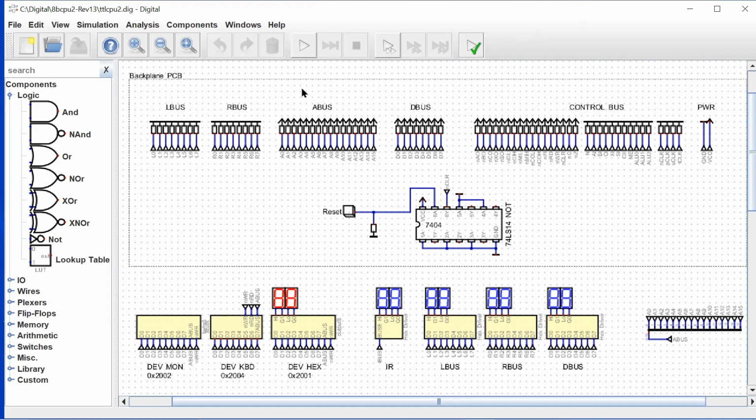So we can see that a lot of these elements we've had on our backplane before, our L bus and our left bus, our right bus, our address bus, and our data bus. This has been added to the backplane just to build out the backplane. And these are all of our control signals. And I have these basically grouped into control signals needing pull-ups and control signals needing pull-downs. And then I also have the clock signals off here